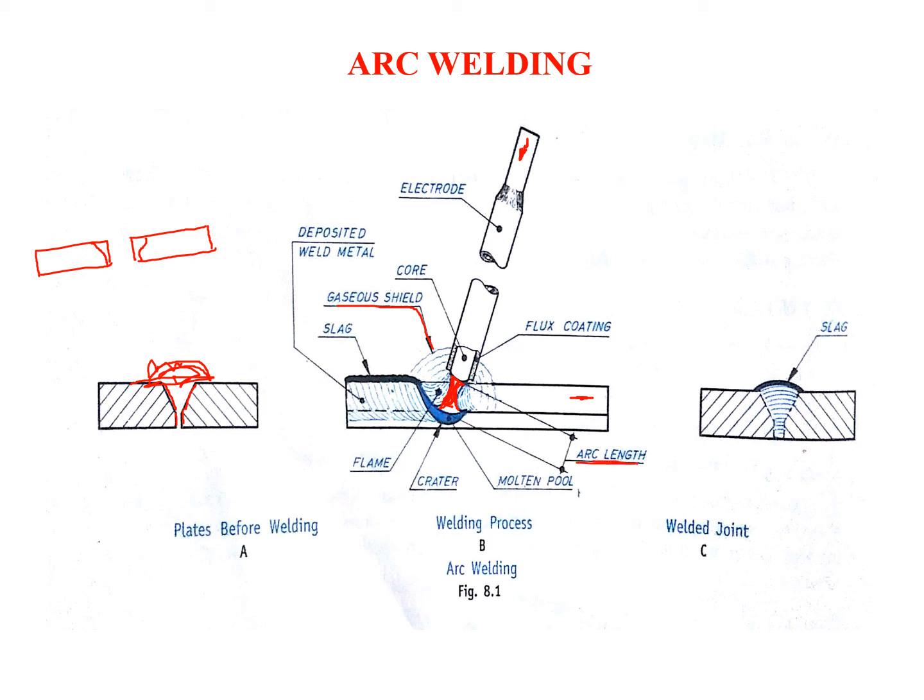So that the arc will be continuous and it will not stop. Then we generate heat, and this heat is about 5000 to 6000 degrees centigrade, which can melt almost all commercial materials. Once the welding starts, both the materials to be welded start melting, and there will be formation of a crater, right? And with the electrode, even the flux starts melting, and that forms a gaseous shield around